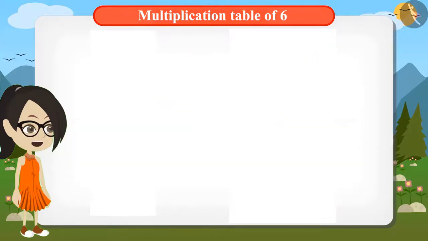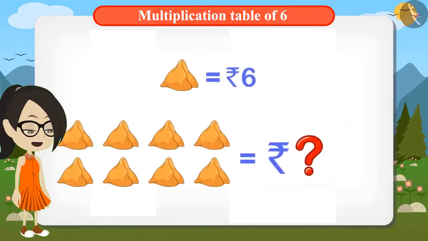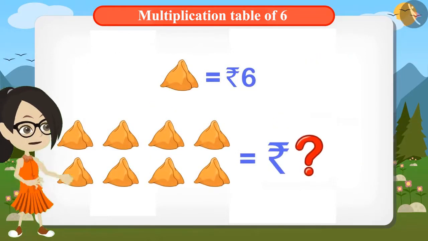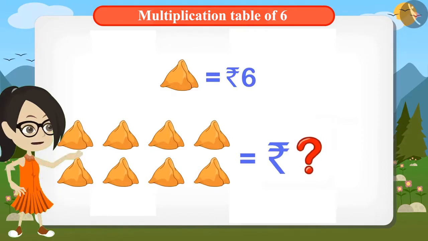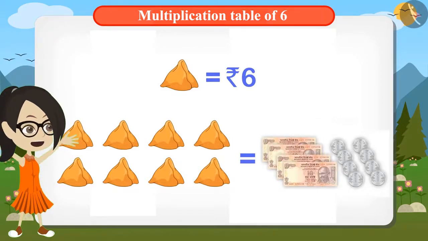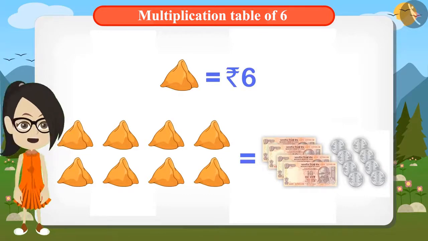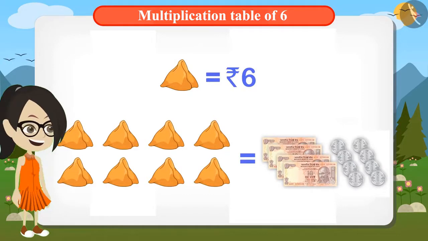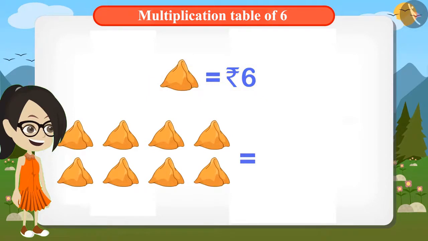Now, we can find out what is the cost of 8 samosas. That will be 6 times 8, which is 48 rupees. Now, I will give 48 rupees to Chaggu uncle. Vandana has figured out that 8 samosas will be for 48 rupees at the rate of 6 rupees per samosa. Do you think Vandana's answer is correct?